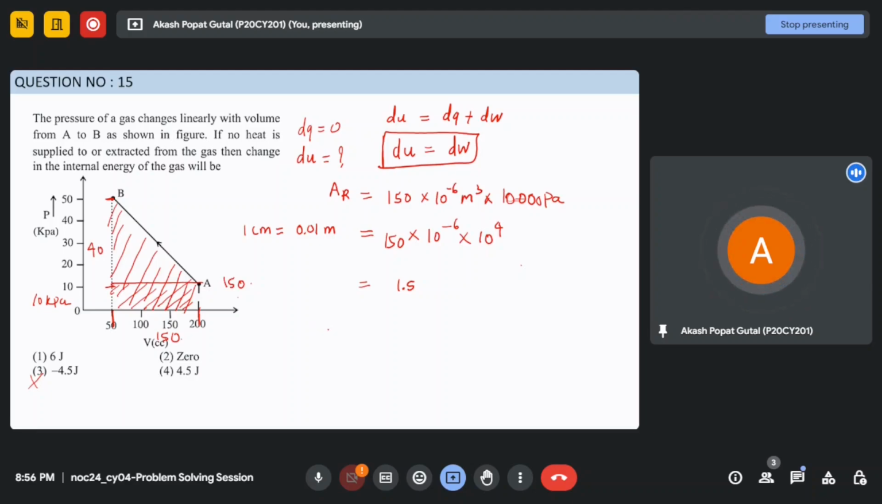So the area of the triangle is half into base into height, which is nothing but 150 into 14 into half. And the same conversion factors will be applicable here also. 10 raised to, let me write it another way, 150 into 10 raised to minus 6 into